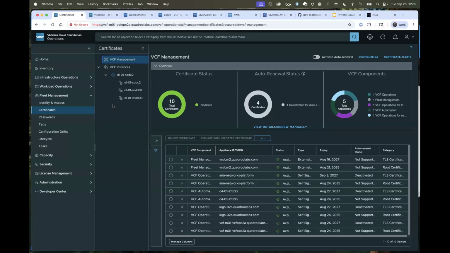Yep, definitely. Okay, so let's tackle that first one about the environment, management nodes, minimum number of hosts, that type of thing. In the past, we've talked about two different designs. There was a consolidated design where you had a management domain and also ran your workloads in that same domain.